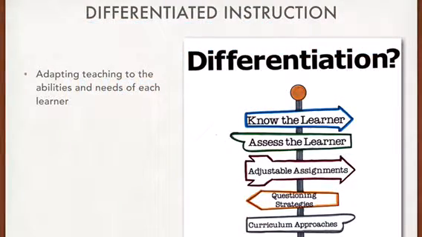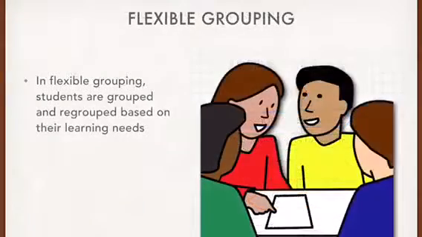Differentiated instruction is adapting teaching to the abilities and needs of each learner. One method of differentiated instruction is flexible grouping. In flexible grouping, students are grouped and regrouped based on their learning needs. In the next video, we will provide an example of how to use flexible grouping in an elementary math lesson